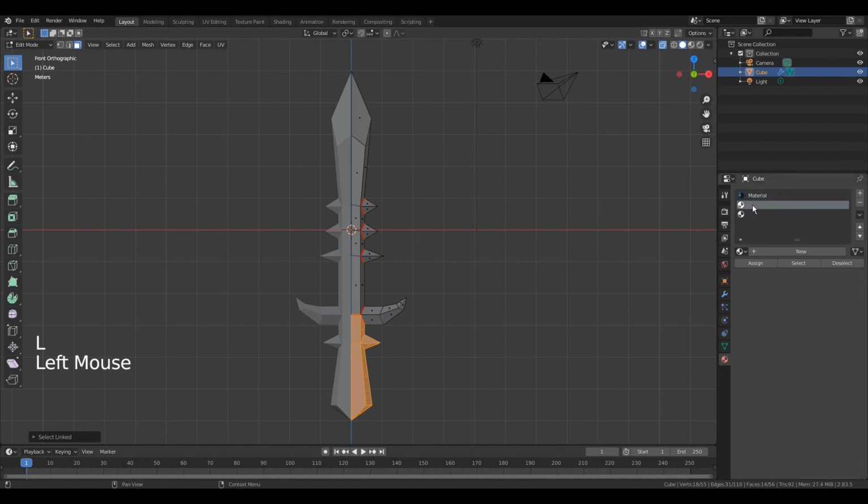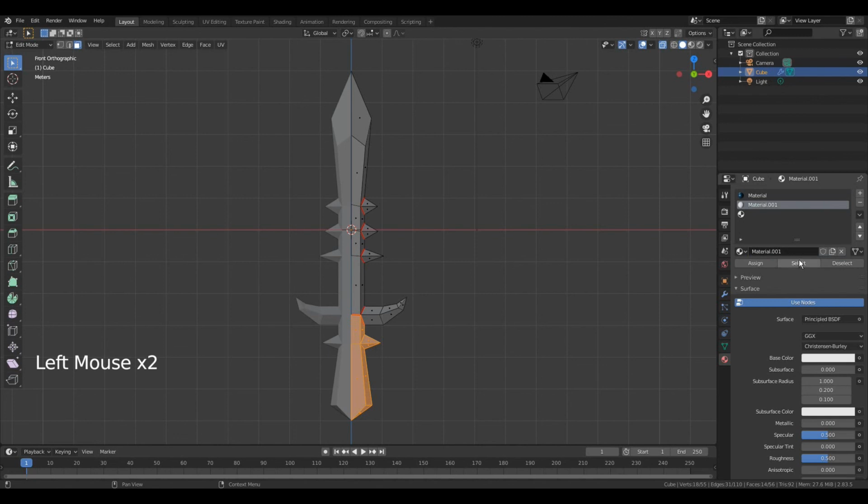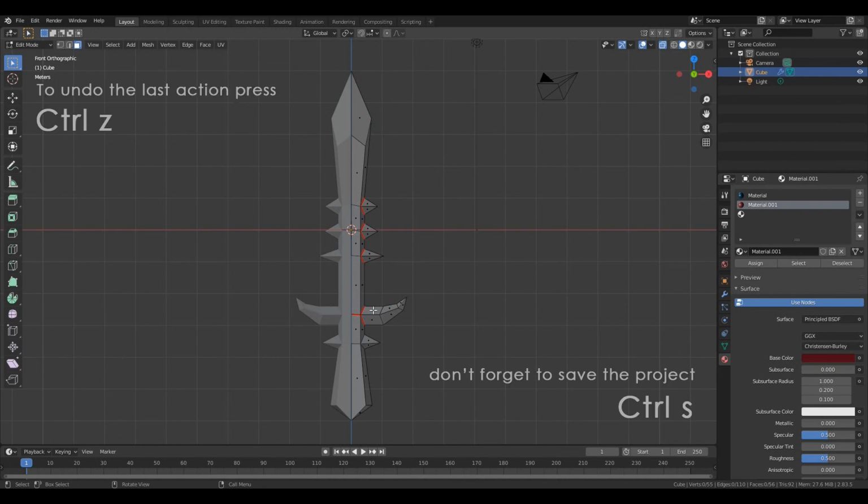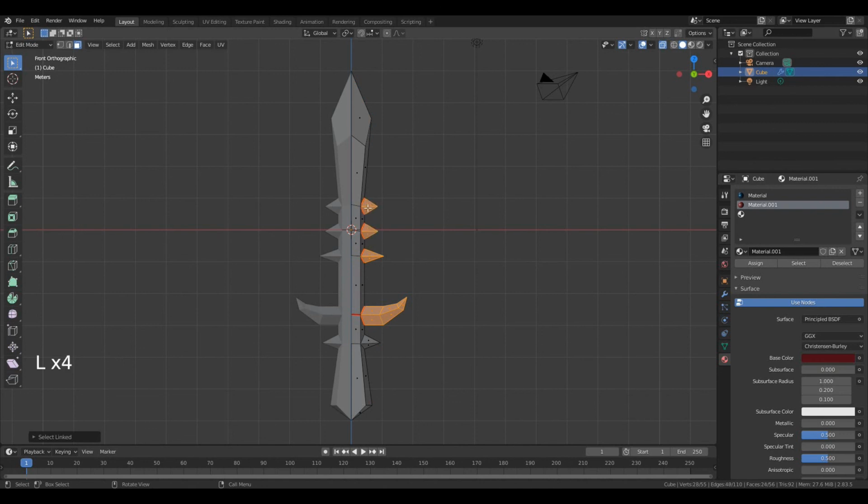Select second slot, click New, change the color, something like that, press Assign. Double A to deselect all selections in 3D viewport. Place your cursor on this part, press L, then this L, this L, this L,